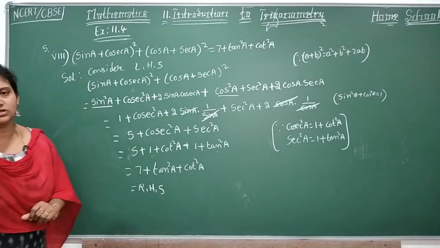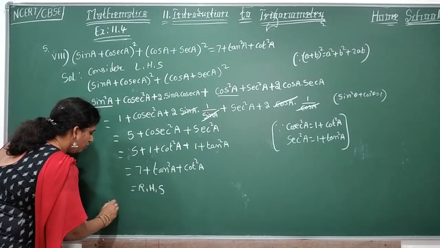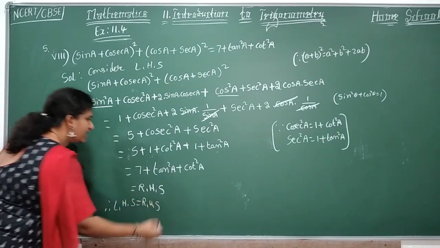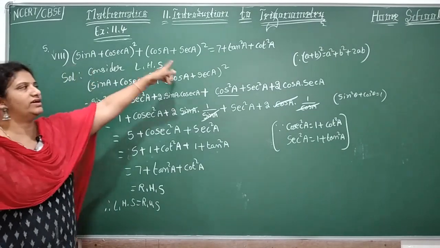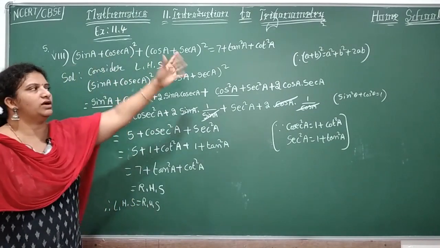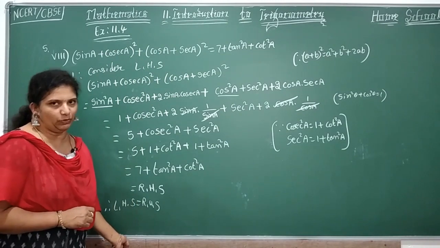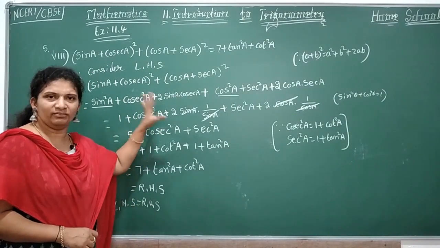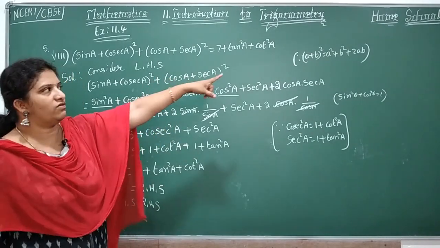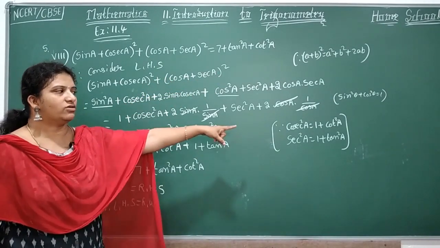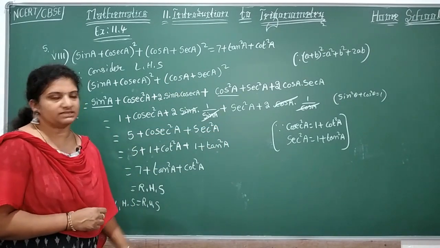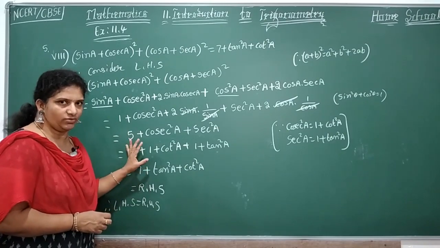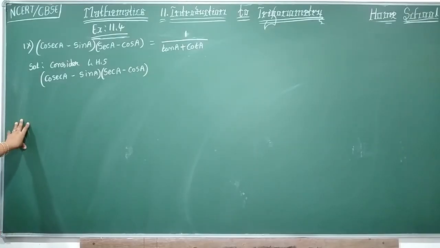So finally what you will say here children? Therefore, left hand side is equal to right hand side. And again rewrite the question. Okay, therefore this equal to this and hence it is proved. Okay, in this problem we have applied only the formulas and identity. Formulas of (A + B) whole square, and here cosecant square A is equal to 1 plus cot square A, secant square A is equal to 1 plus tan square A. Okay, it's very easy children, try to understand.